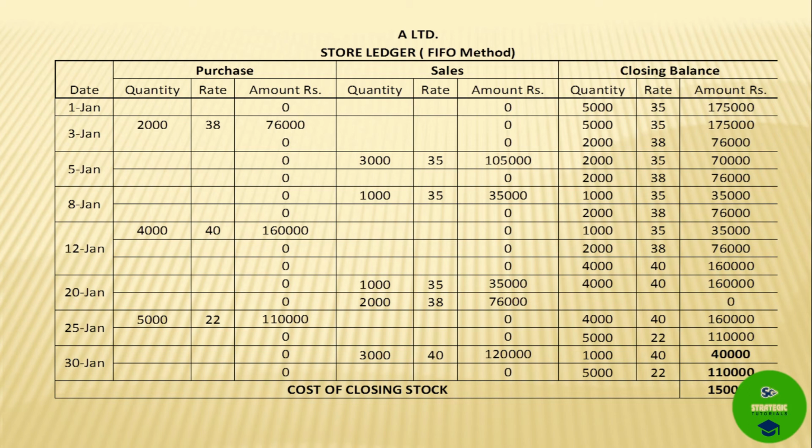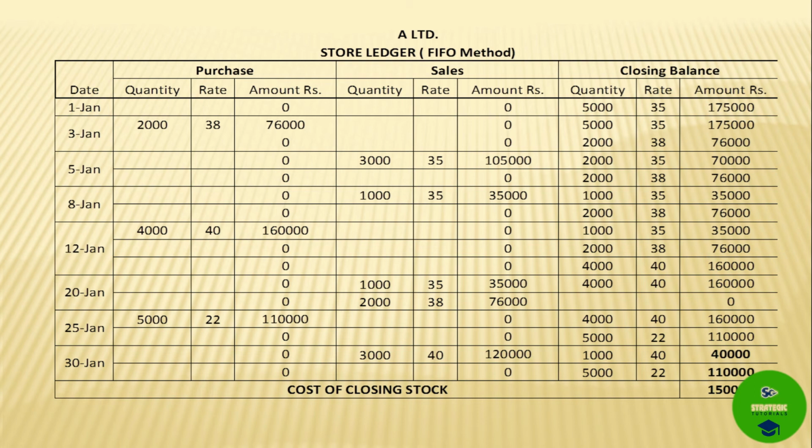On 5th, there is an issue of 3,000 units. Rate was 35, so 1,05,000 we have issued. It should be minus from the first one. That is the concept of FIFO, that is first in, first out. So 5,000 was first in, and whatever the issue should be there, it should be deducted from